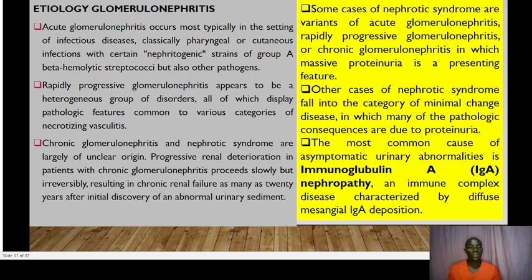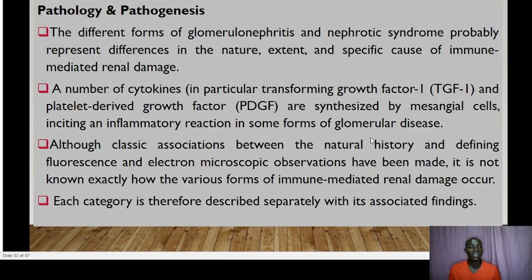Okay, guys. Such patients, you remember, are supposed to be put on droplet precaution. Guys, a link will be popping up on the different types of isolation precaution. Remember, the most common cause of asymptomatic urinary abnormalities is the group immunoglobulin A nephropathy. Okay, correct, guys. So we have different forms of glomerulonephritis and nephrotic syndrome, probably representing the differences in nature, extent, and specific cause of